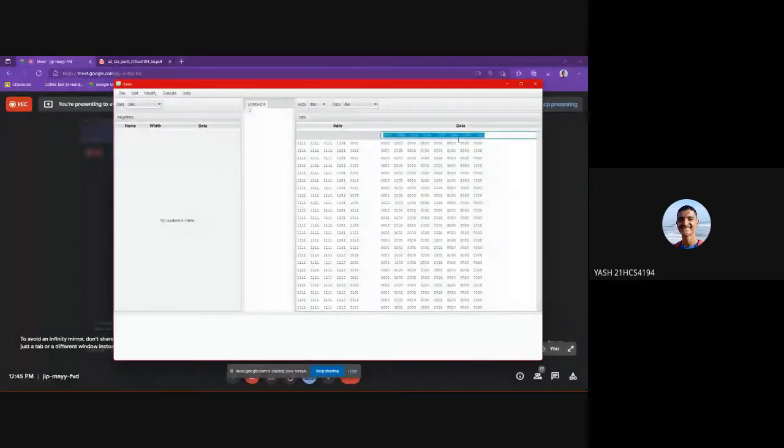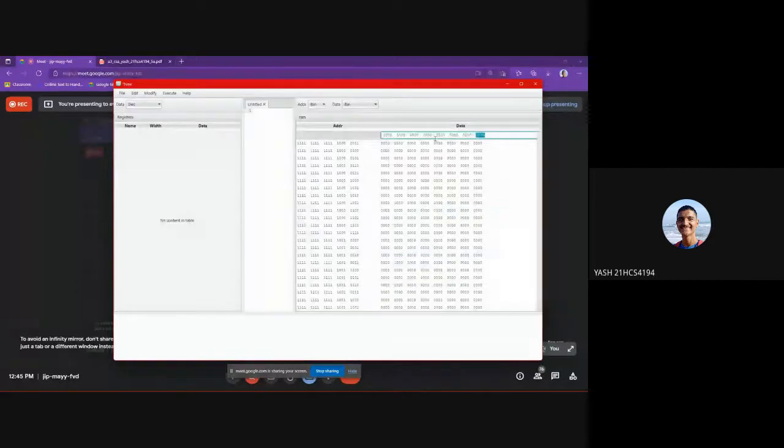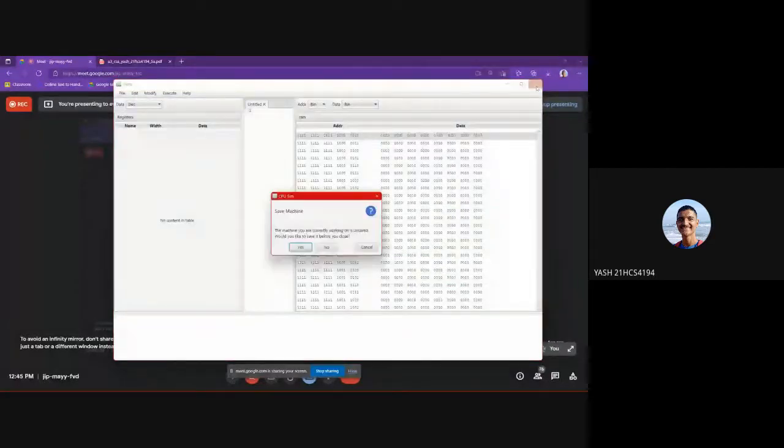Now, since the data part is 32 bits, if we create the registers also, we will have to make the data register 32 bit, or the instruction register 32 bit, so that when we transfer this data to the instruction register or the data register, our program should work perfectly. That's why we have the address part as 20 and the data part as 32. So I think that would be the solution.